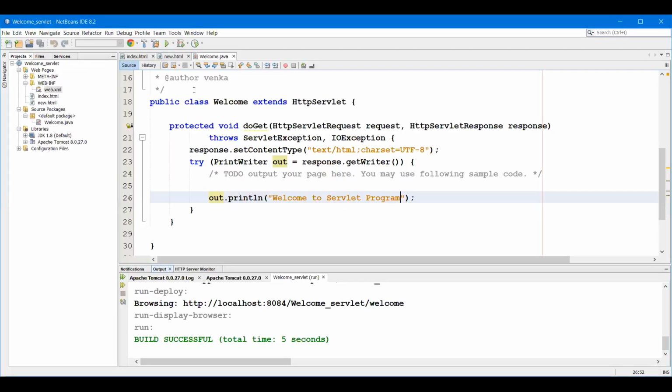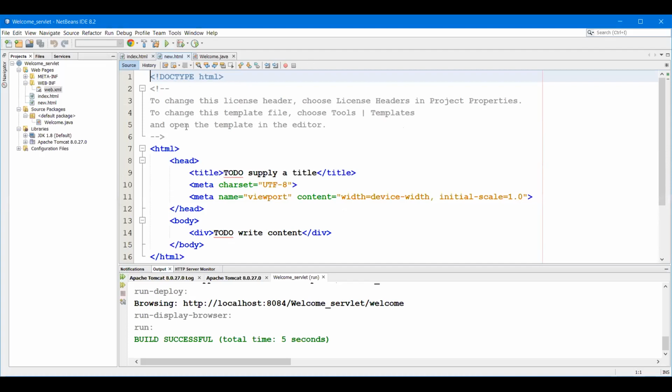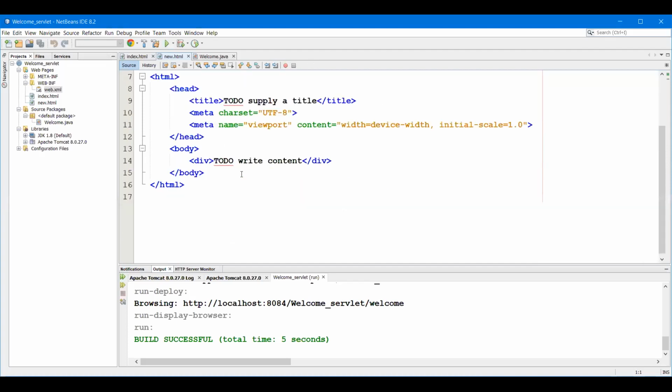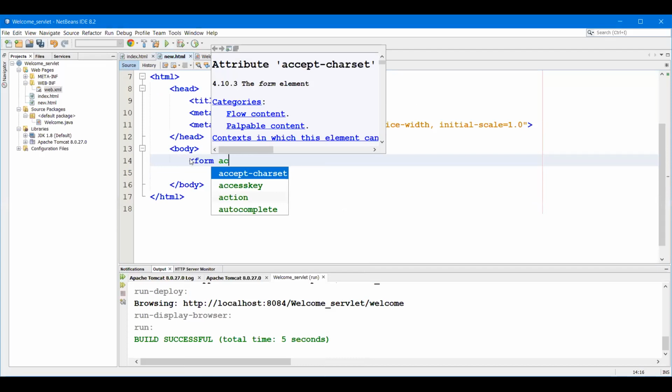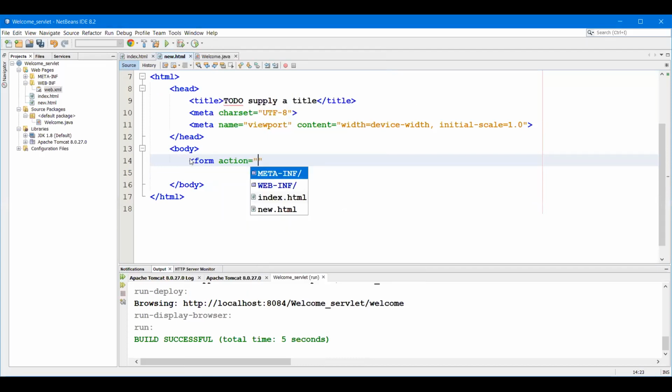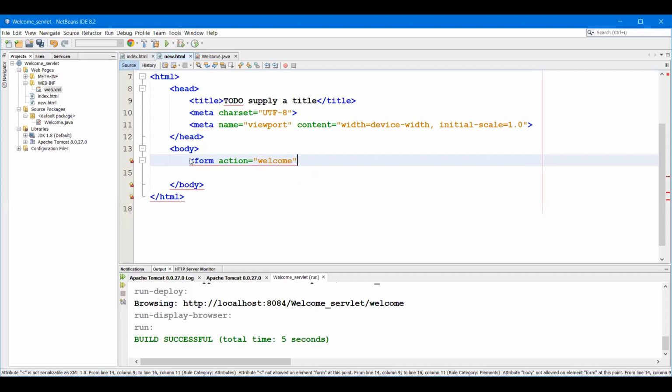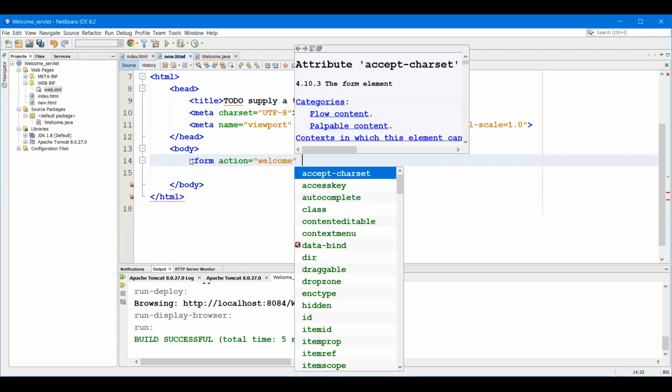We have created new.html. In this we need to do two things. We need to create one form. Be careful, action is equal to, we have to give the action name. What is the URL we have given? Welcome.